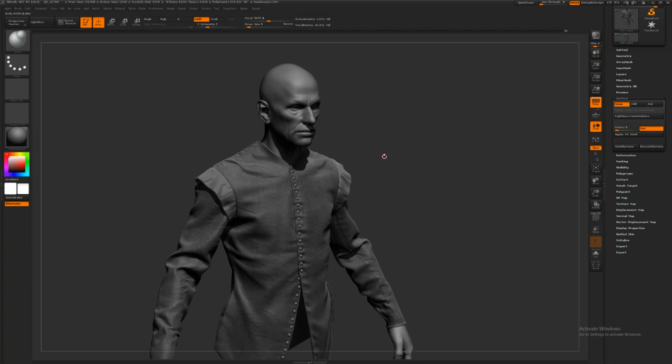And of course, it's really only for preview purposes or for ZBrush renders, because in the game engine, you're going to have your